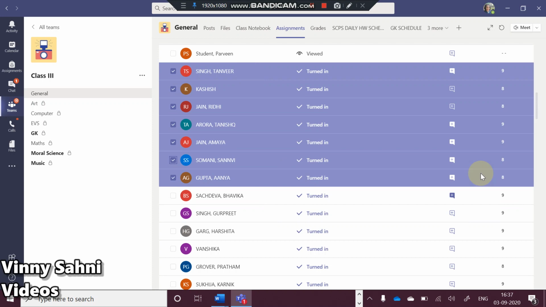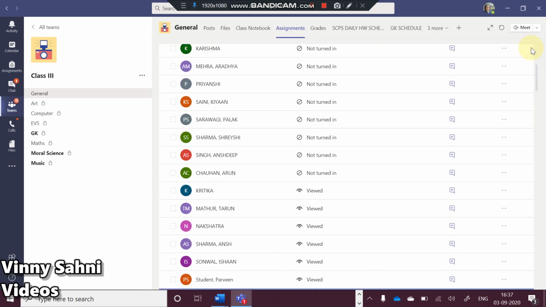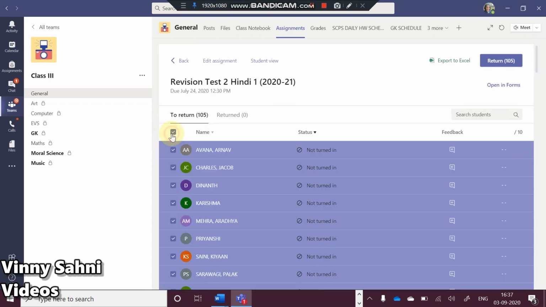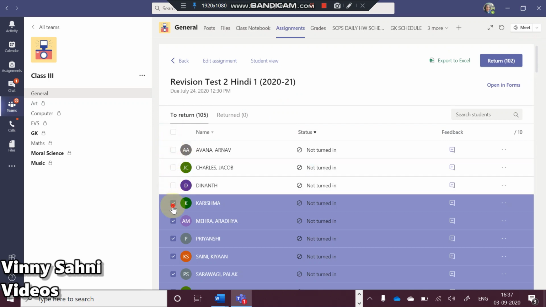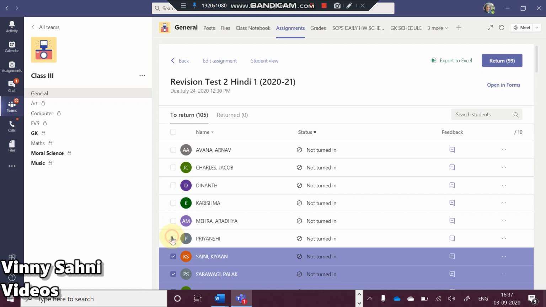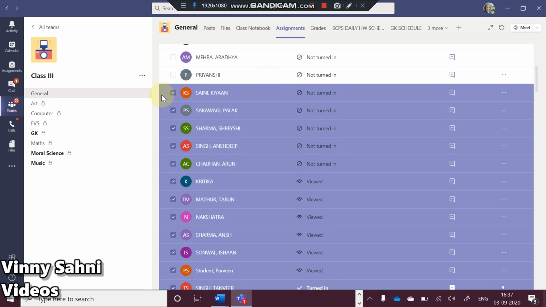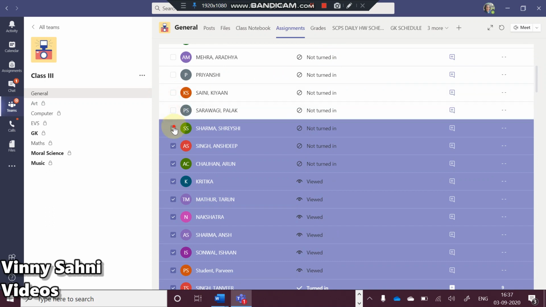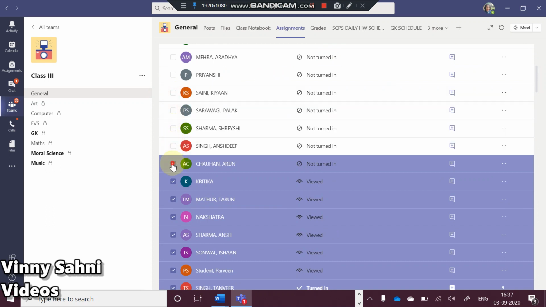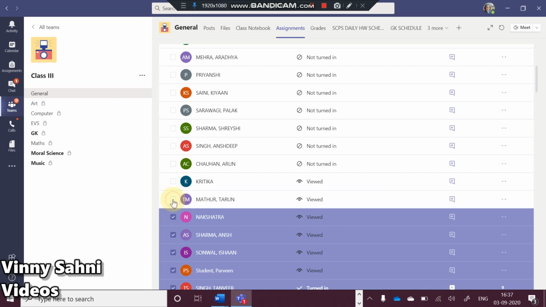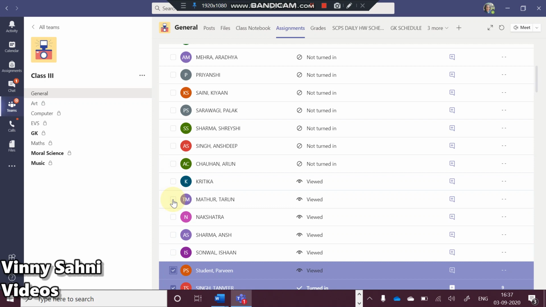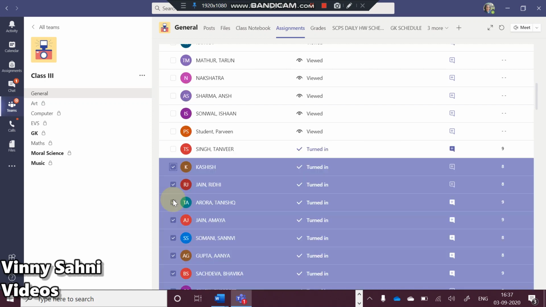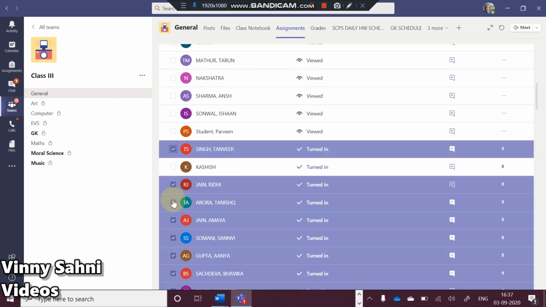Also what I will suggest is that there are very few students who will not turn in, right? So click on all of them, and eventually you have to remove these papers, because it's always best to return in batches of turned in, batches of viewed, and batches of not turned in. So remember to remove these students from turned in, right? And also these students as well. You can use your down button and space key if you are using a laptop. This will make your work easier, right?